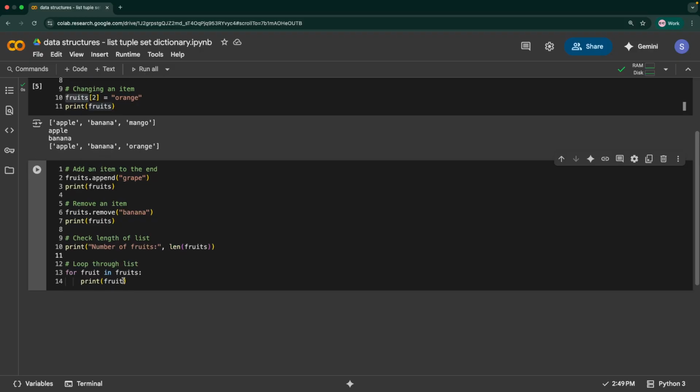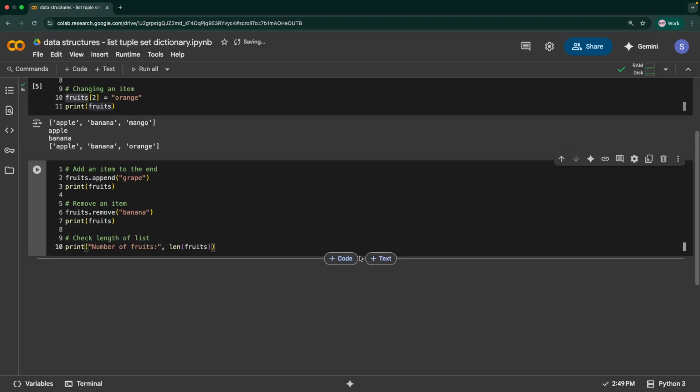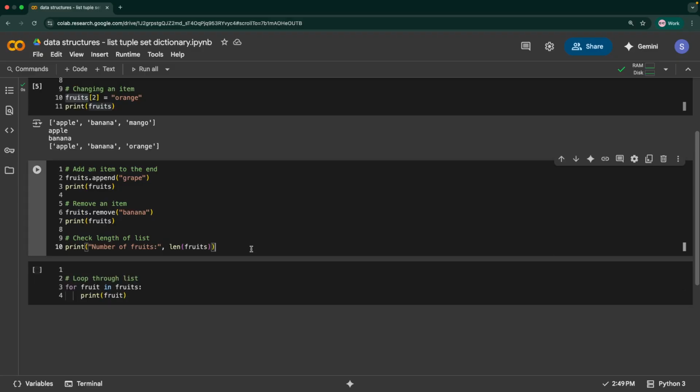And the other main aspect of this list is you can also loop through a list. Maybe I can put it in a separate cell so that it's easier to understand. Okay, so first let's do these three things. One is we are adding a new value to a list, and then we are removing a value from a list, and the third one is checking the total number of values present in a list.